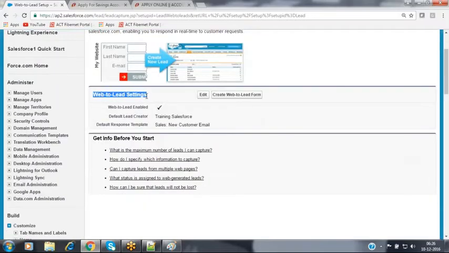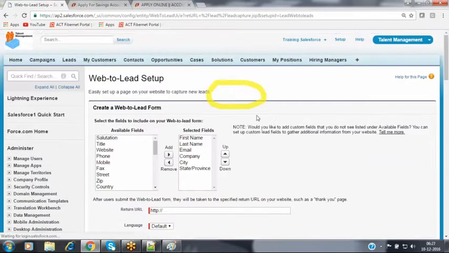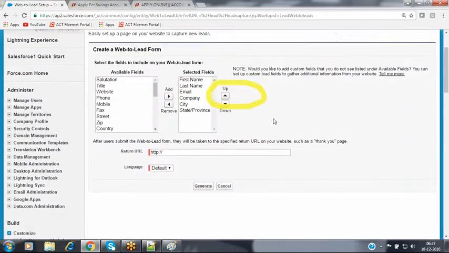Inside that Web2 lead settings section, you will have a button called create Web2 lead form. Now just click on that create Web2 lead form, and it is asking us to select the details here.